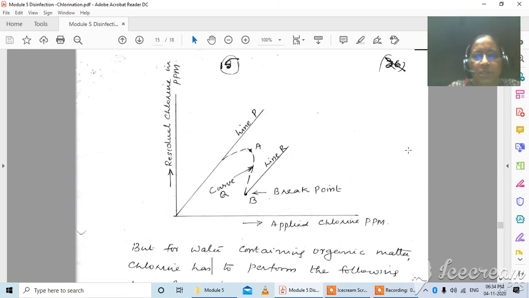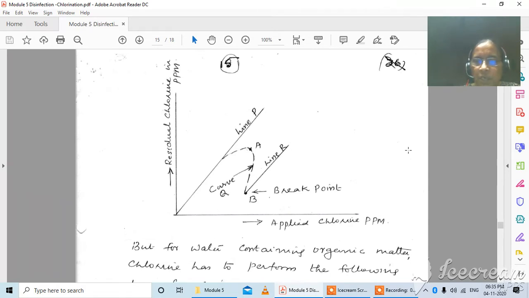Welcome back to the next session, that is breakpoint chlorination. In the last classes we discussed pre-chlorination, post-chlorination, then double chlorination, etc., and the purpose of each type of chlorination. So now coming to breakpoint chlorination. Breakpoint chlorination is actually for identifying the application point,